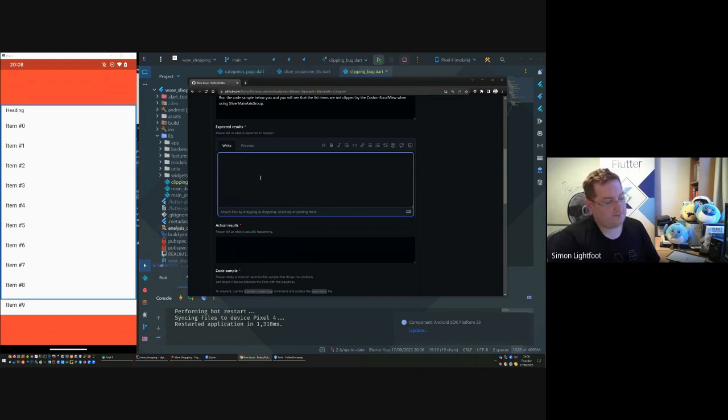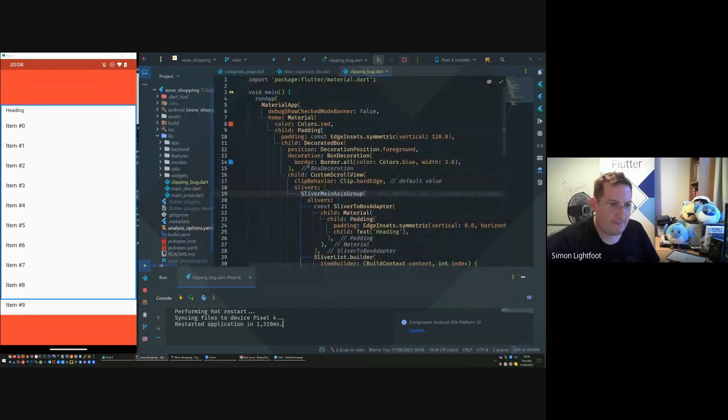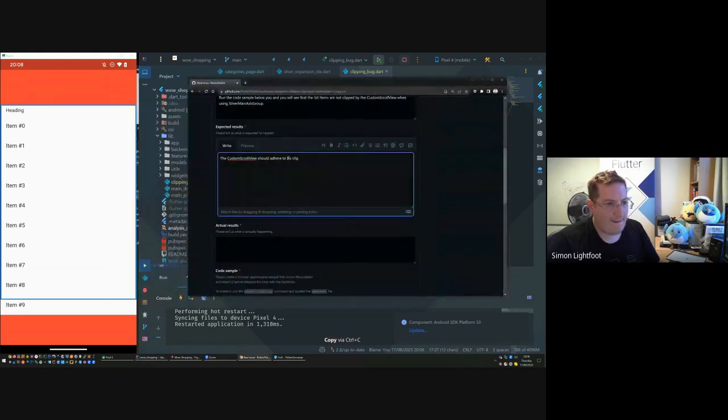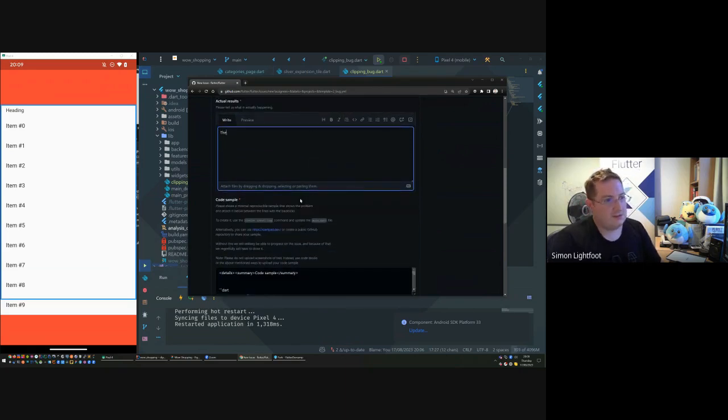Expected results. The custom scroll view should adhere to its clip behavior parameter, and clip its content. And results,